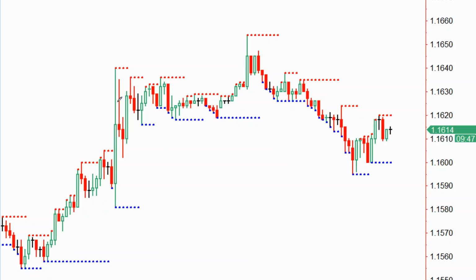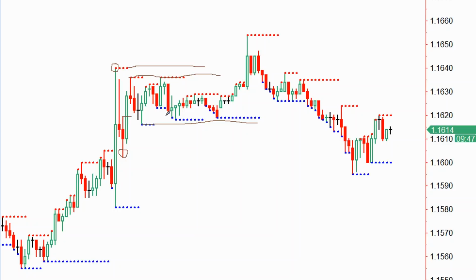Now, we have the pivot high here. After a pivot high, you're expecting a pivot low. Pivot low comes in here. It is confirmed on the next bar. You are expecting this high to be exceeded. But the market actually goes through a period of what we call consolidation, also referred to as